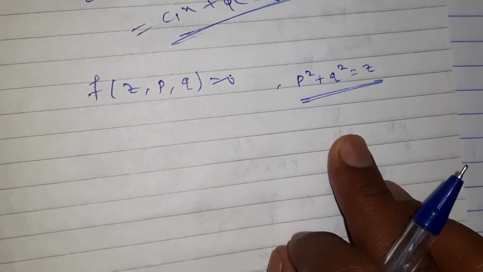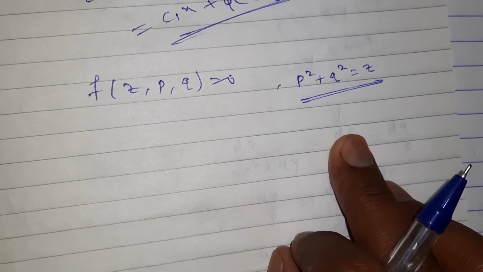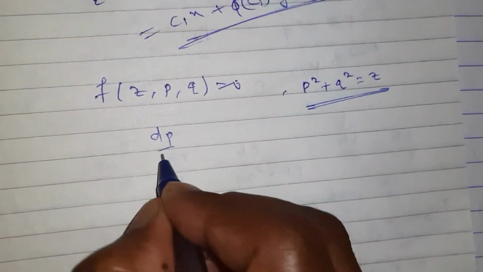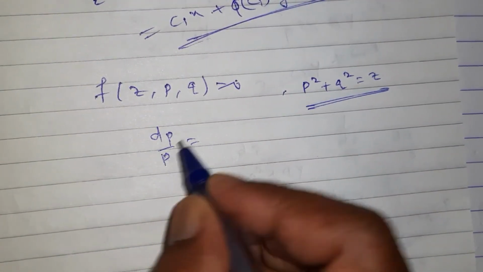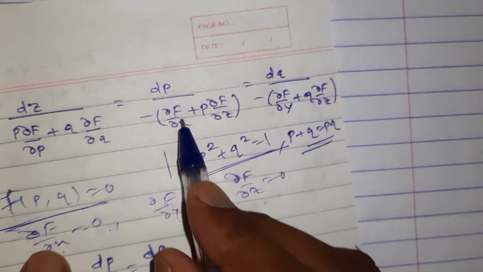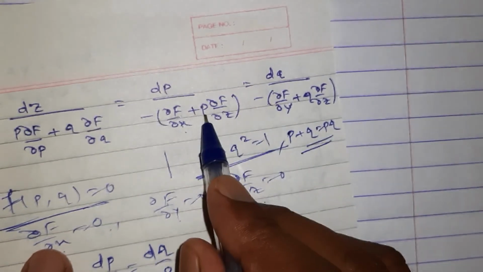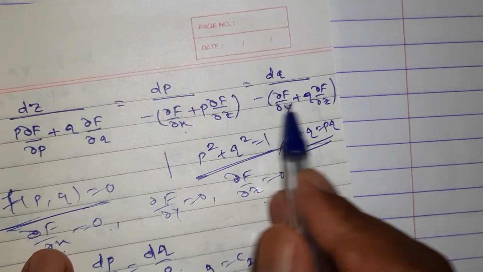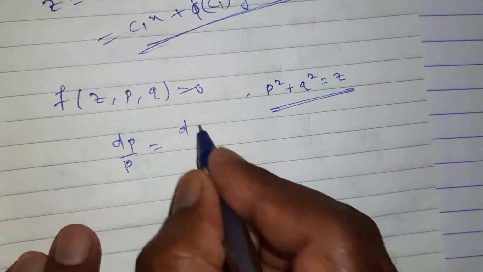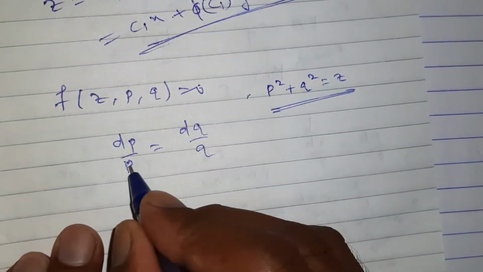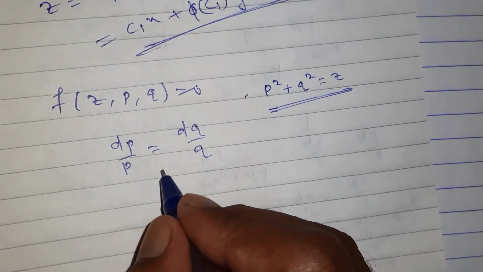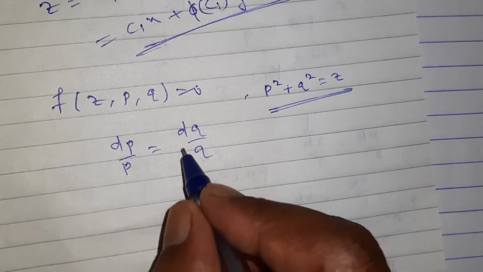So what happens in this equation? When such an equation is there, we get dp upon p is equal to dq upon q. Why do I write dp upon p directly? Because in my equation, dou f by dou x is 0 and dou f by dou y is 0. Only p dou f by dou z and q dou f by dou z remain. If I equate these, z is cancelled, or if it is absent, it is absent. So I get these two equations.